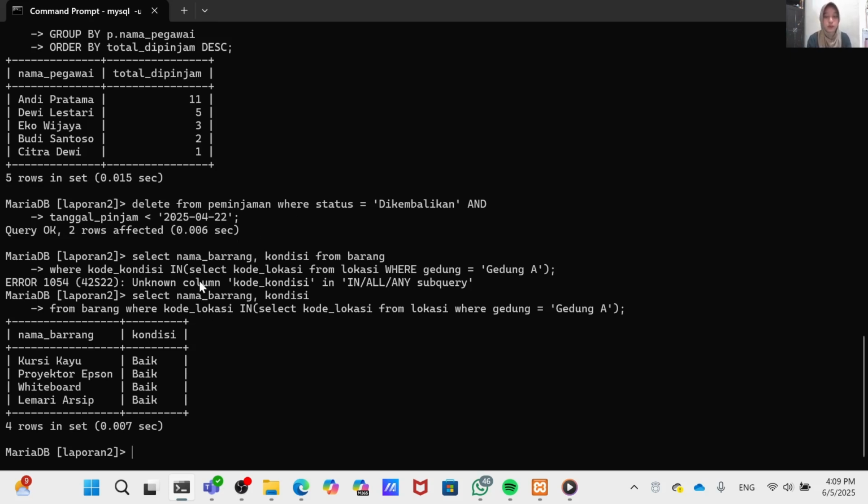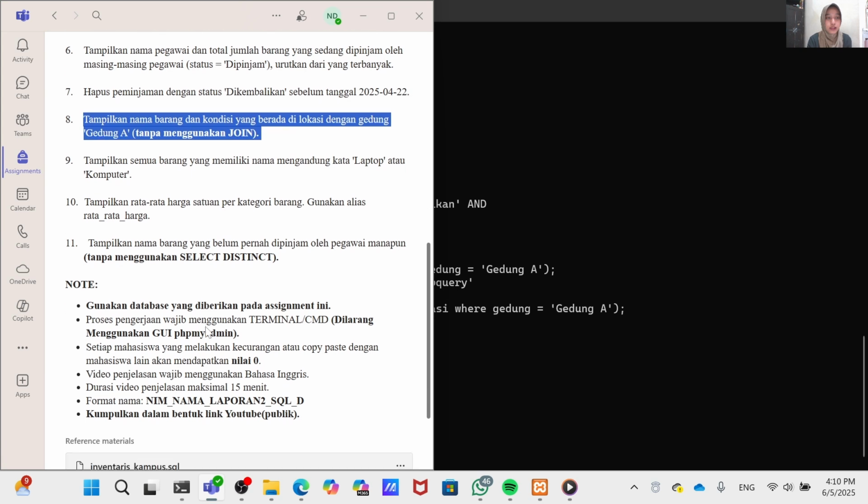Okay, this query uses a subquery to retrieve the kode lokasi value from the lokasi table where the gedung is Gedung A.